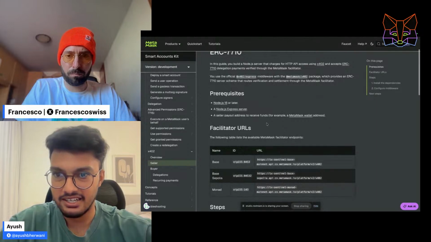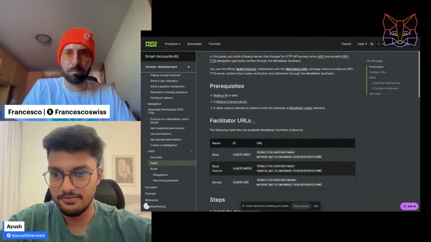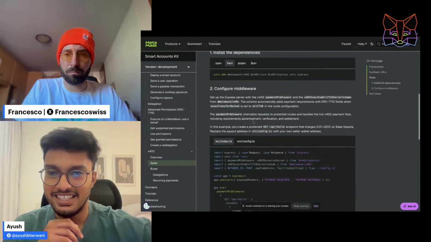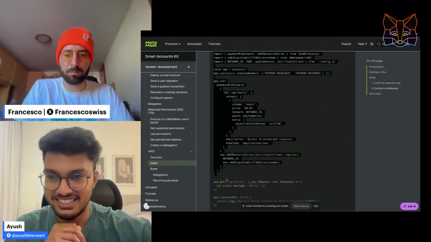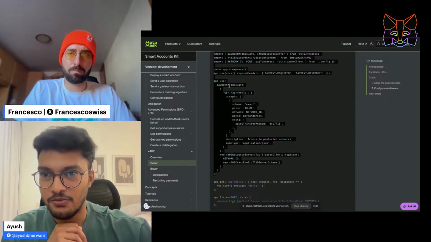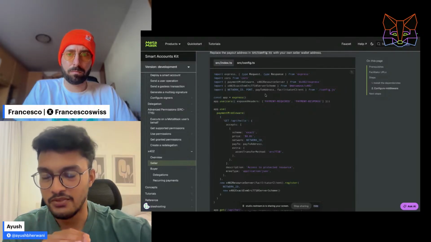And then you can see the guides. You can click here, go to the seller guide, and you'll see how you can create the x402 server with 7710. It's very simple, to be honest. It's just this piece of code that you need to write to have an x402 server. As of now, we don't have x402 support for 7710 in the x402 packages from the foundation.